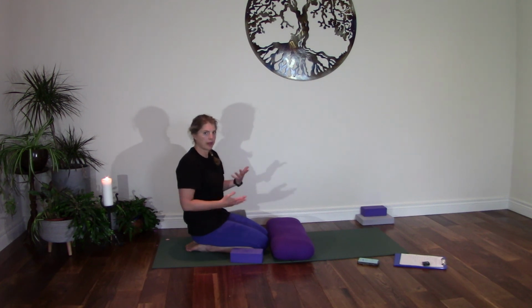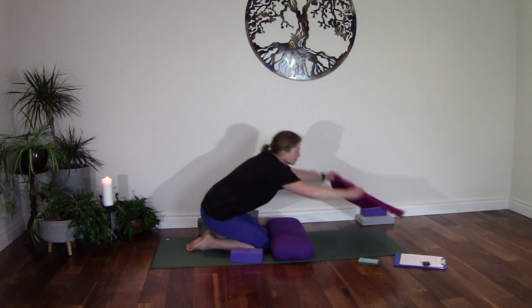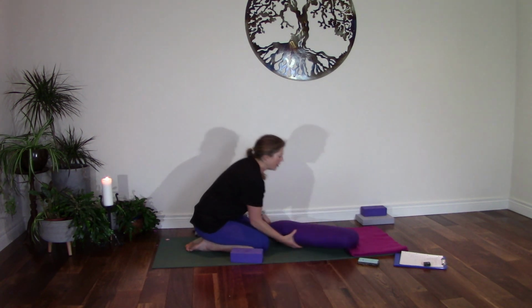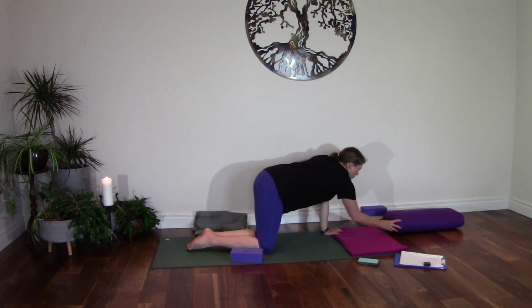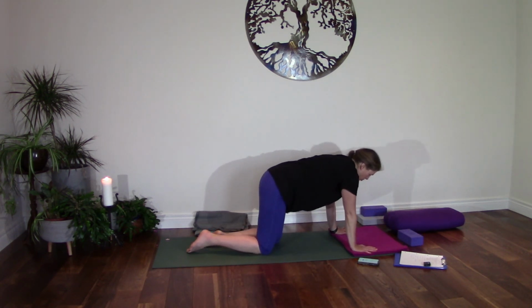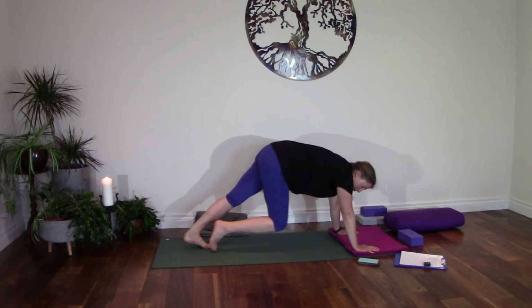So you can prop that up a little bit or a lot too. So I'll give you some tips as we go through. I'm going to take a little blanket and pop it up for my head and shoulders there. Option to use a bolster as well. Okay, so just coming onto all fours, I'm going to lift my knees up, bend the right knee, bring the